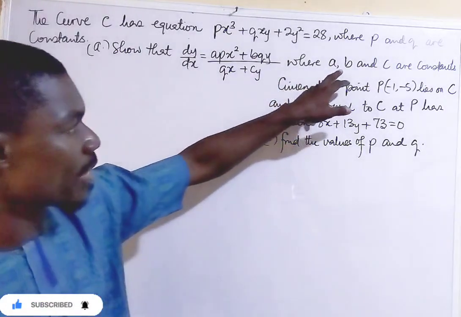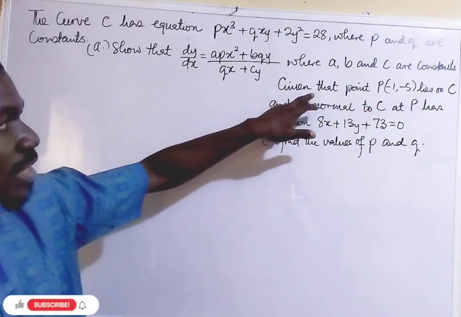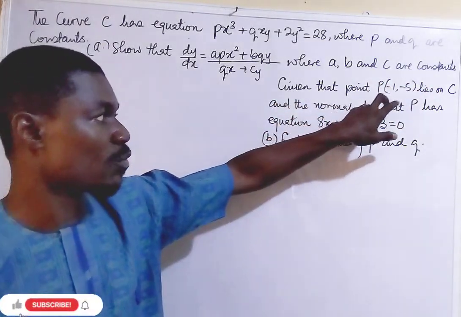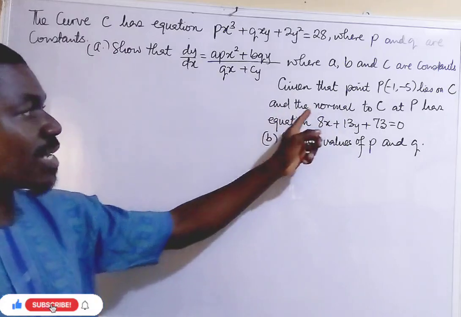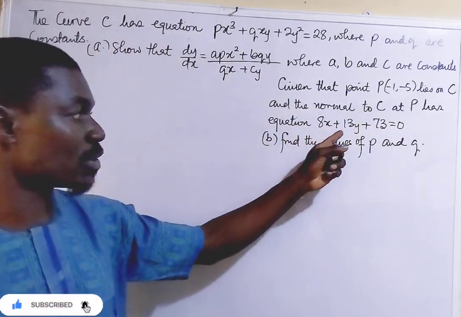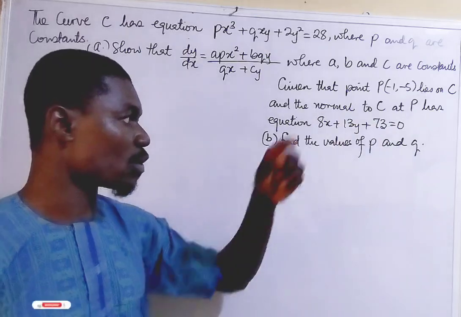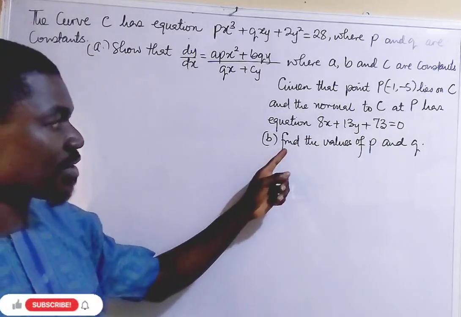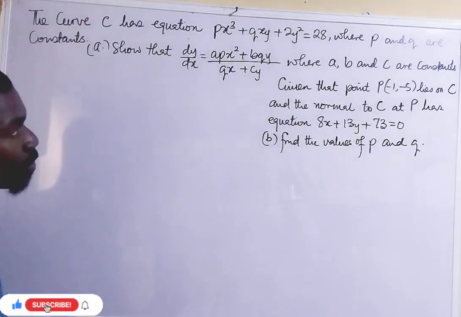Where a, b and c are constants. Then also, given that point P with coordinates (-1, -5) lies on C, and the normal to C at P has the equation 8x plus 13y plus 73 equals 0. And part b: find the values of p and q. Now to start with,